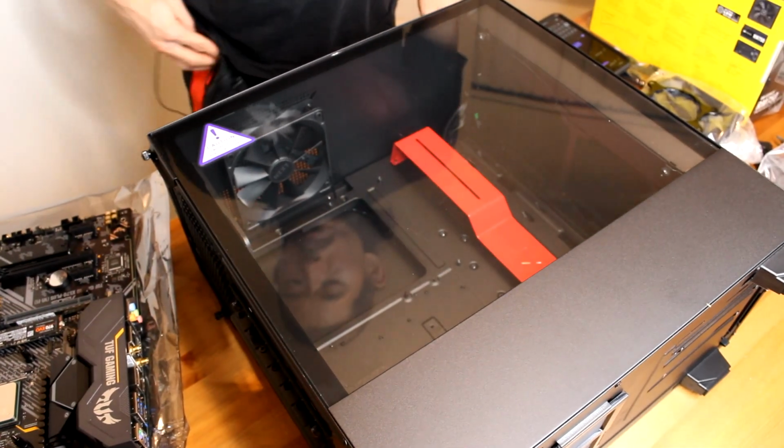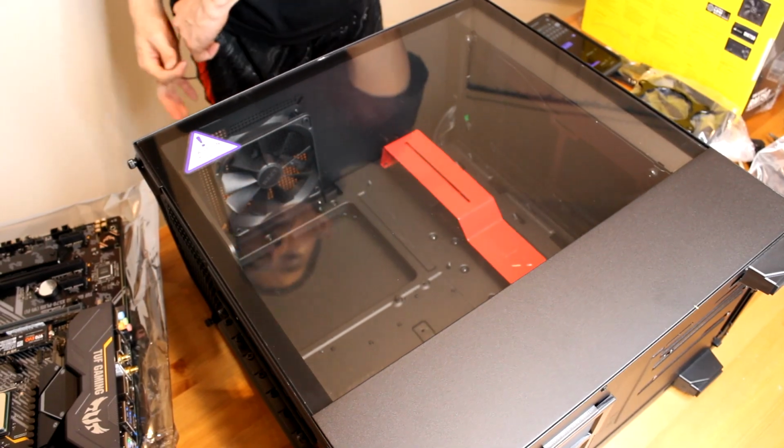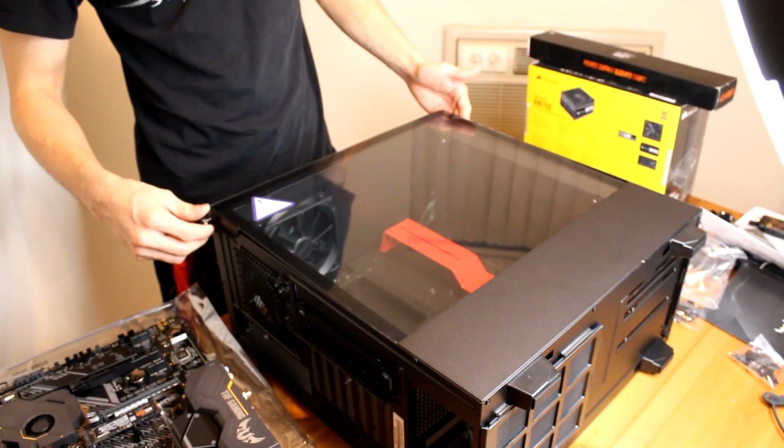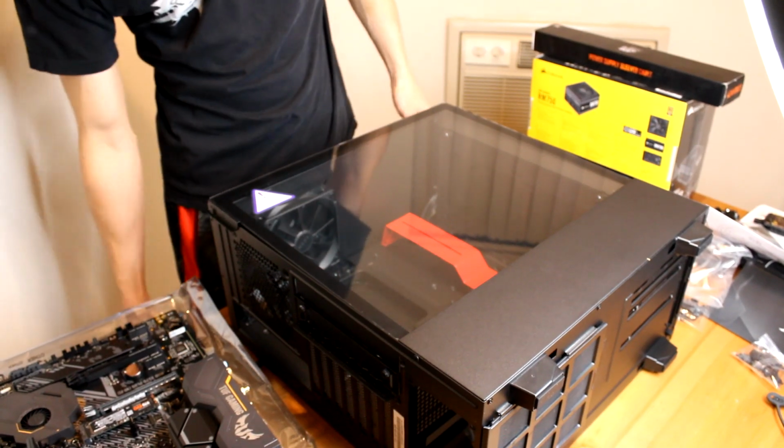Okay, next we're going to be installing the motherboard into the case. Okay, so first what you're going to do is you're going to first